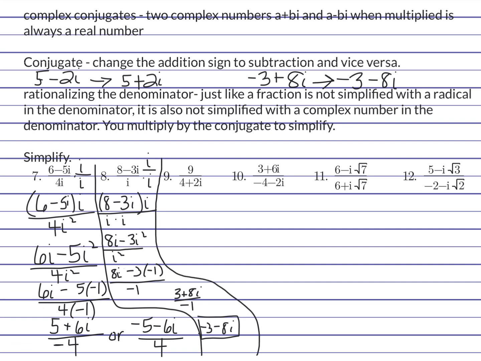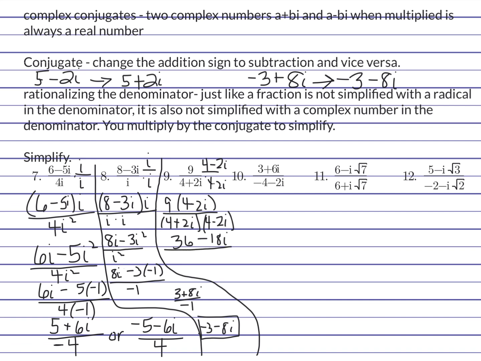Okay, on to question 9. I'm going to multiply by the conjugate, so I'm going to multiply by 4 minus 2i. Okay, that's going to look like this. 9 times 4 minus 2i divided by 4 plus 2i times 4 minus 2i. Going to distribute: 36 minus 18i